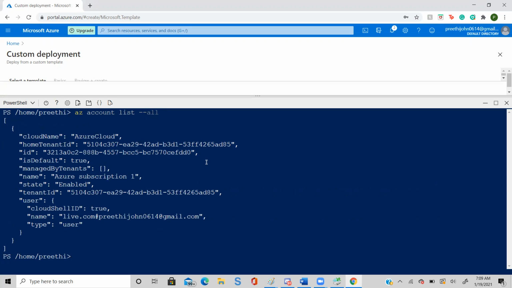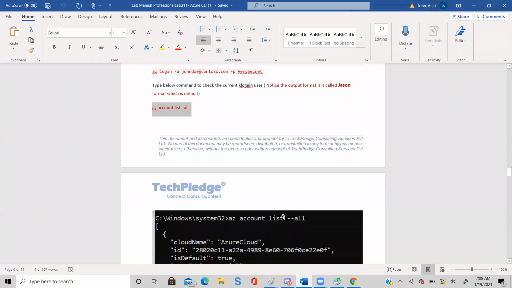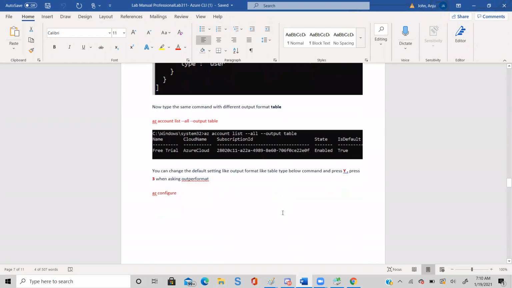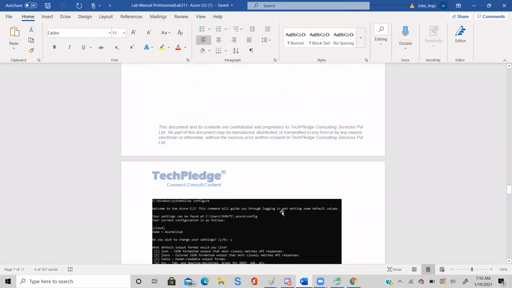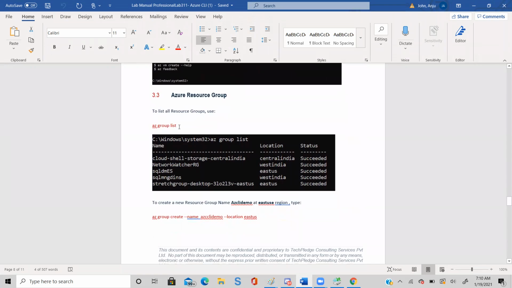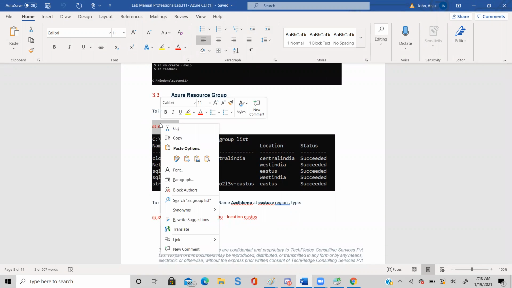Okay, so it said that currently you have only one account, and who is the user? Likewise, you now have another command which you can run. So for example, I'm going to say, please show me how many resource groups we have.